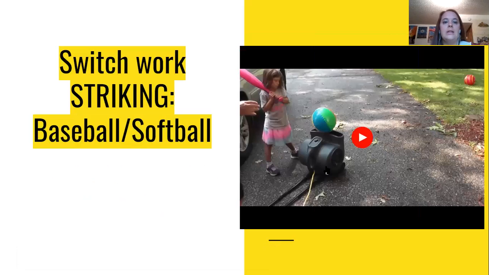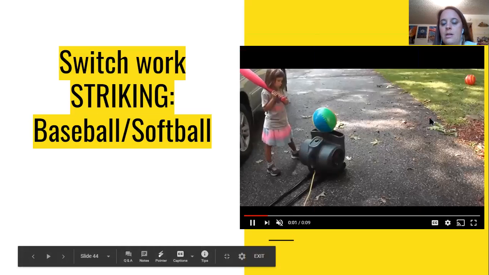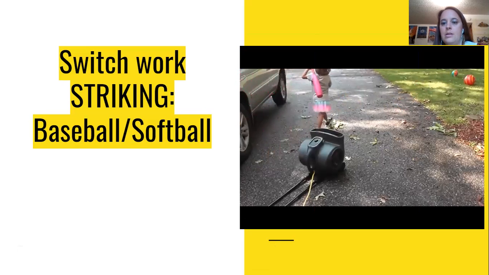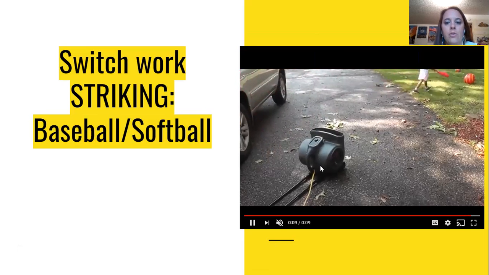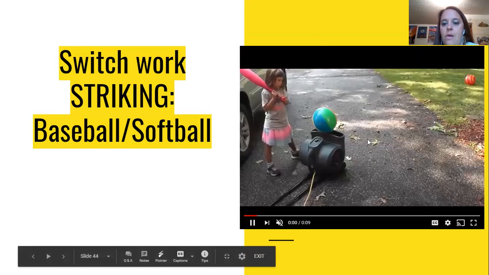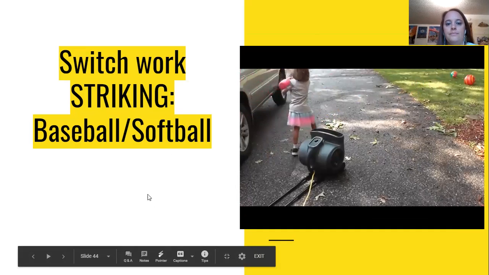Okay, so this is switch work with striking, baseball, and softball. So this again could act as a tee, and if you're working in teams, that kiddo hits the switch. Oops. Hannah doesn't really waste time. She winds up and has that. So again, have that floor fan just on the floor. You could also just have that airflow going on at all times if you have a student who's really working on contact. But again, just a regular beach ball. This is one of those Fisher-Price bats. You could use any plastic bat, but again, you hit the switch. You could also make the switch go for a few more seconds if you need to hold it longer.